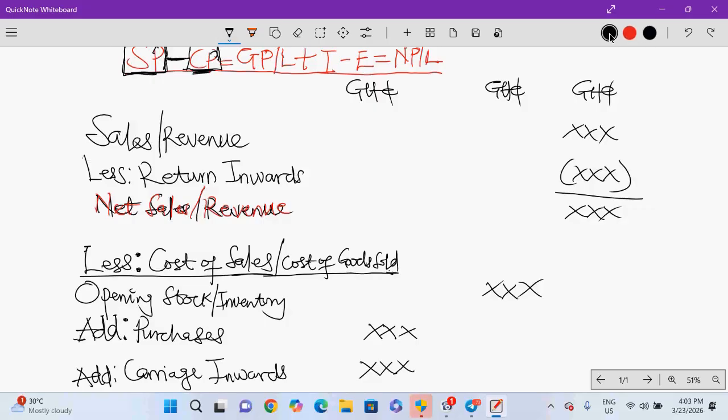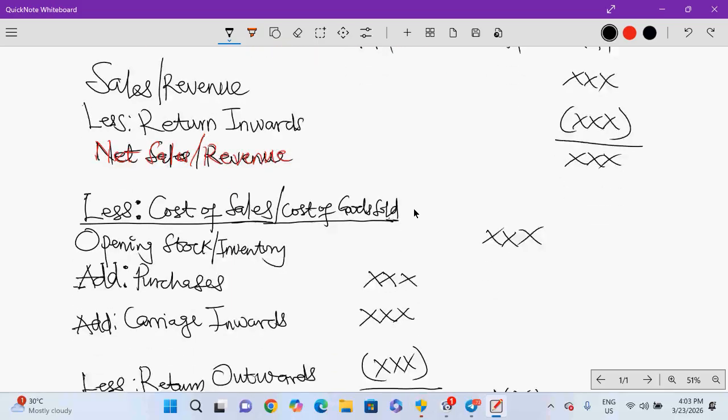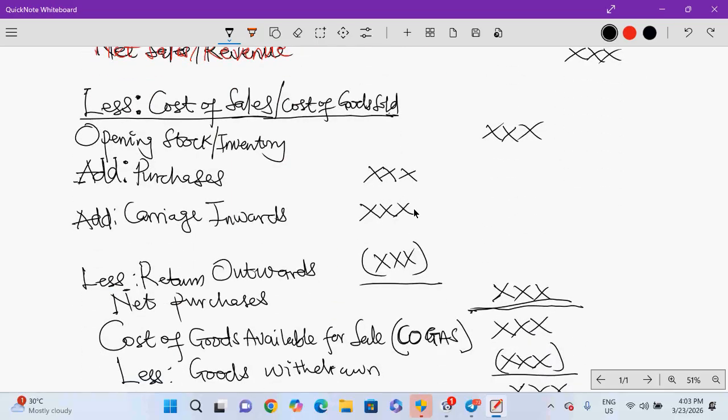It doesn't spoil anything, but you show it on the face like this. This is a generic format: add purchases, add carriage inwards, less return outwards, and you get the net purchases. If you decide to put it under workings number, you do your workings number 1. It is still correct, but